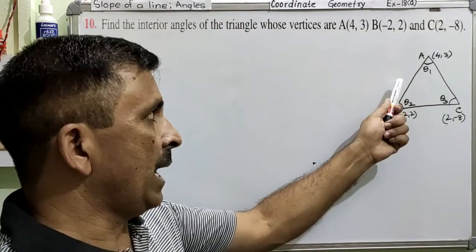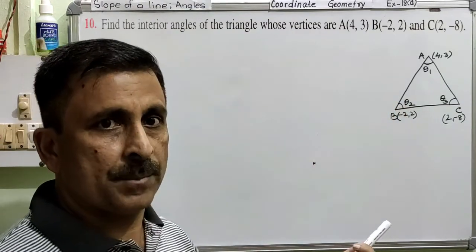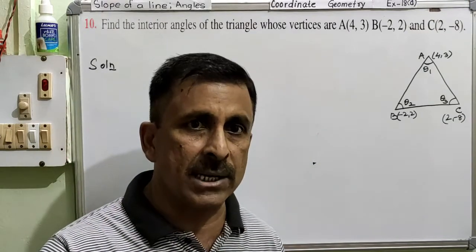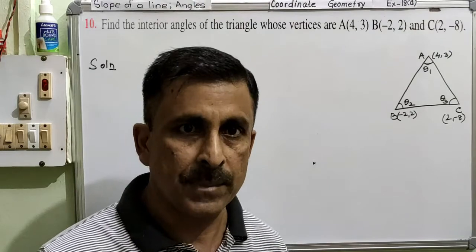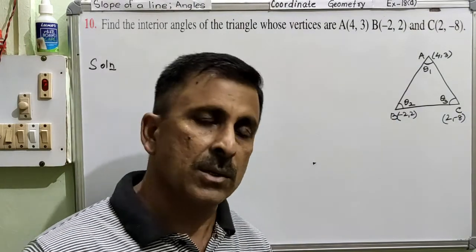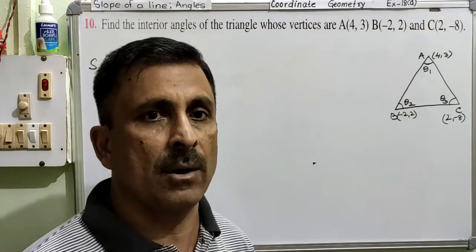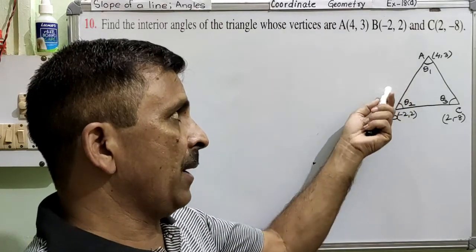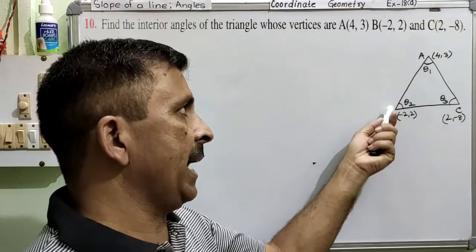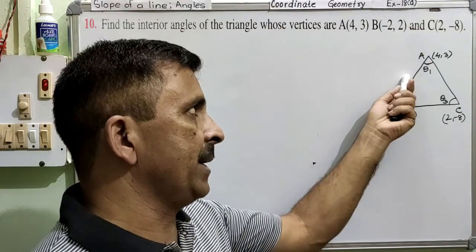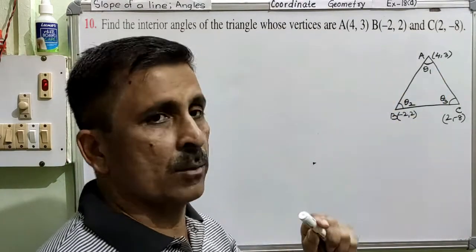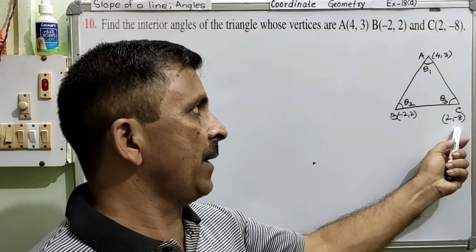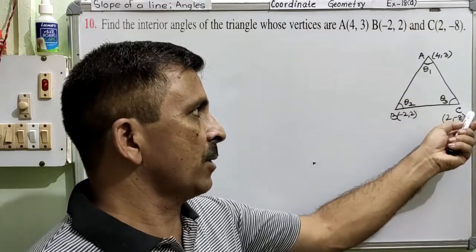Is it well understood? Now to find the slope of any side, the slope can be calculated in 2 ways. By either using the angle of inclination or by using the coordinates of 2 points. Am I clear? Here the angle is the question. That means we will calculate the slope of all the 3 sides using the coordinates of 2 points. So I am going to find the slope of AB using the coordinates of A and B, because these are the 2 endpoints of side AB. So using these 2 ordered pairs, we will calculate the slope of AB. Similarly, we will calculate the slope of BC by using these 2 ordered pairs, and then finally we will calculate the slope of AC by using the coordinates of A and C.